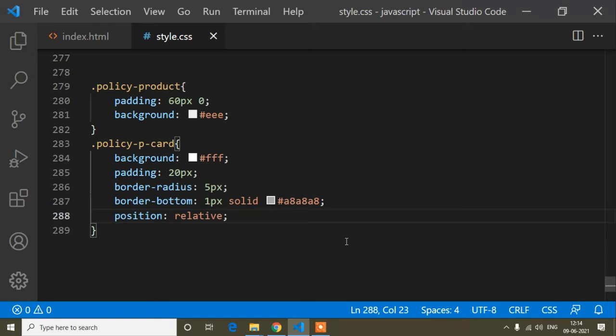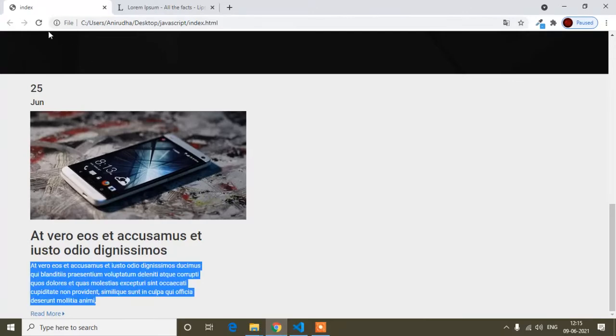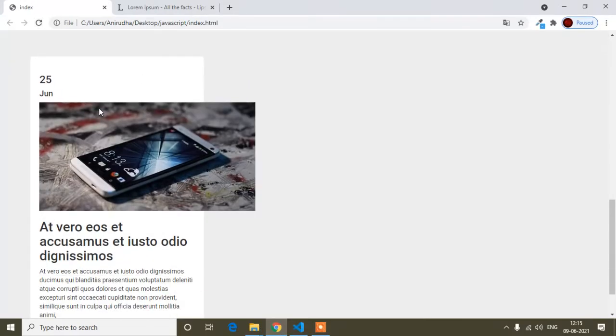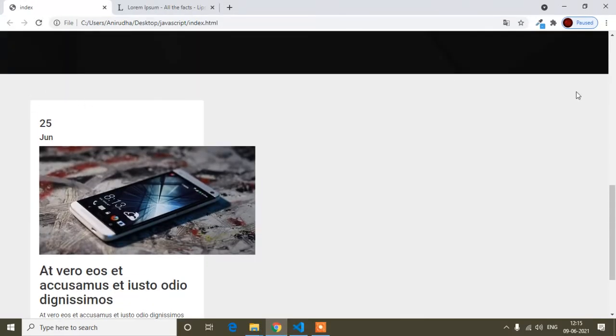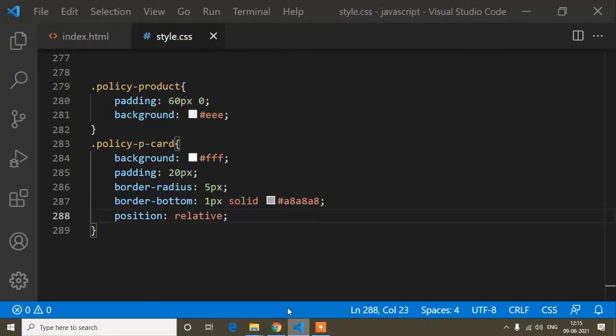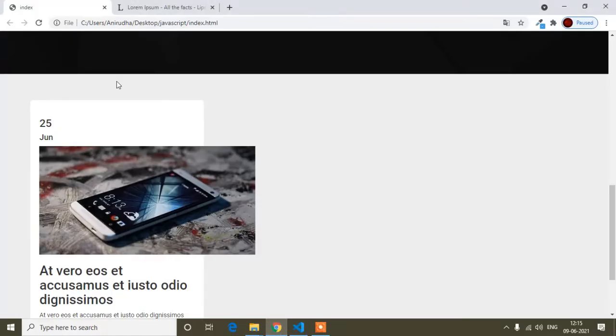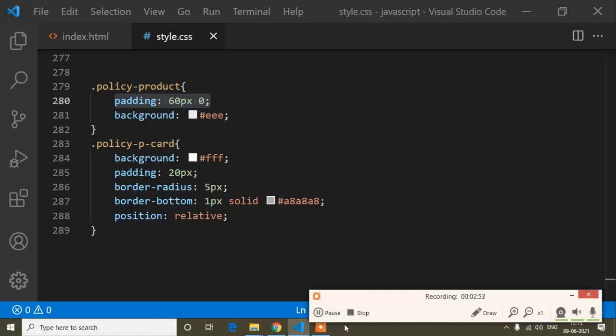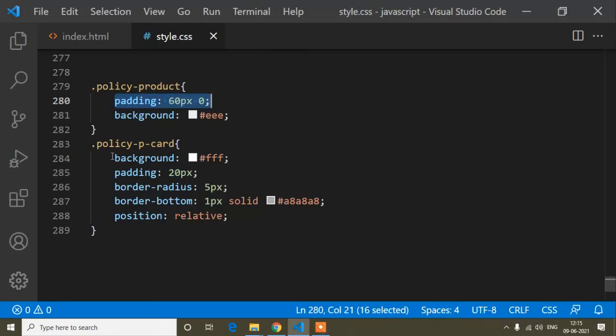So first of all, I will save this one, and if I refresh, here you can see it's added the grayish background color, which I have added, and added some padding from top and bottom. And this one is the white color, which I have added here.